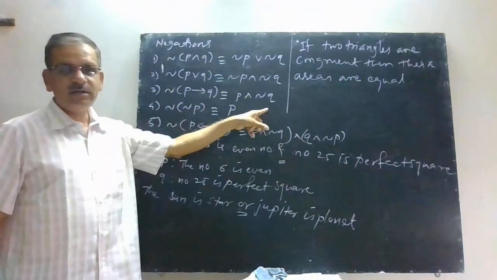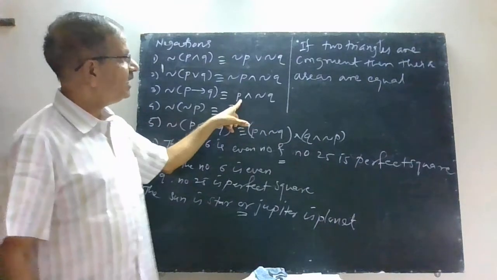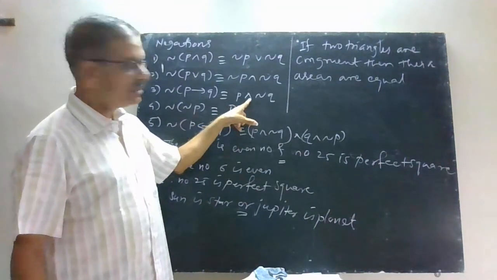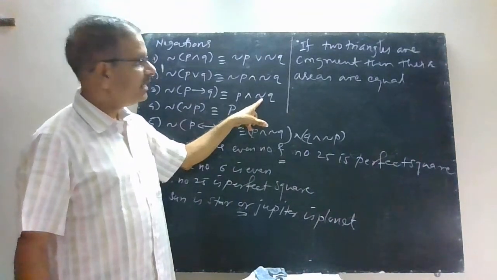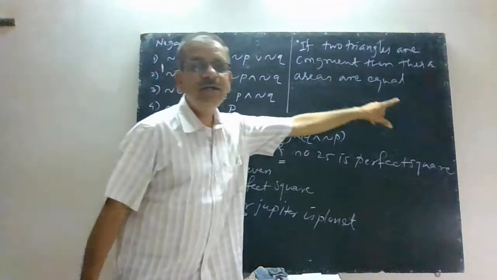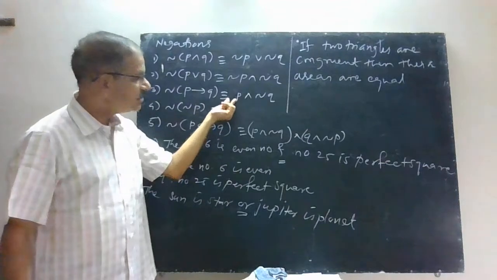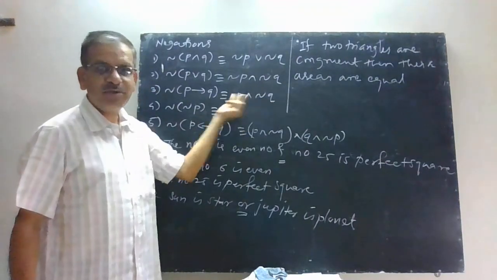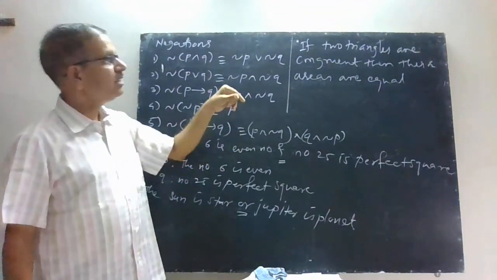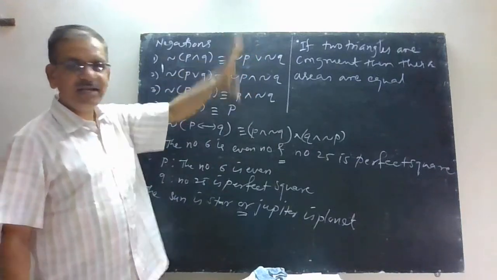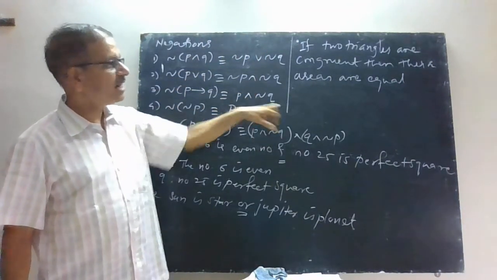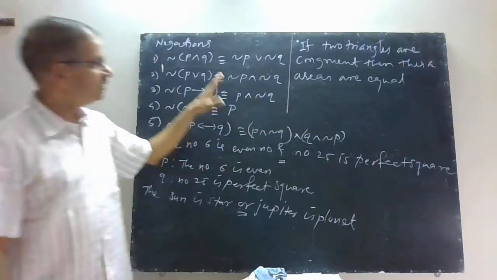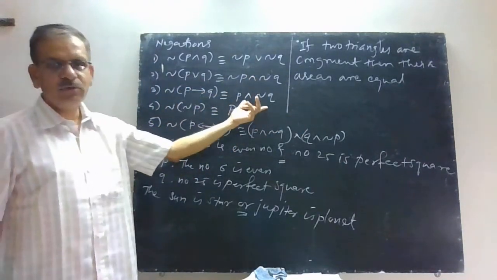First of all you will write this formula, and then you write two triangles are congruent and their areas are not equal, right. So the negation you have to write only for Q, not for P. P as it is you will write, you will not write "if and then" in that one. Two triangles are congruent and their areas are not equal. So it is not difficult once you know this formula.